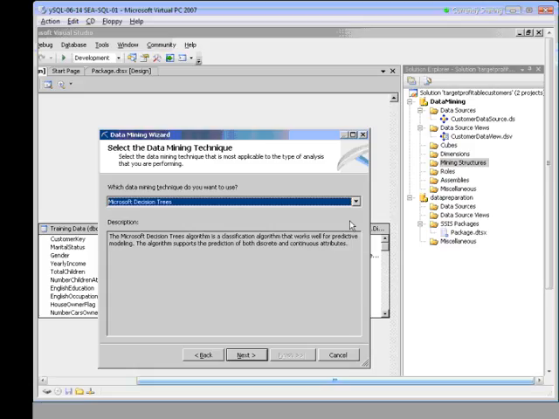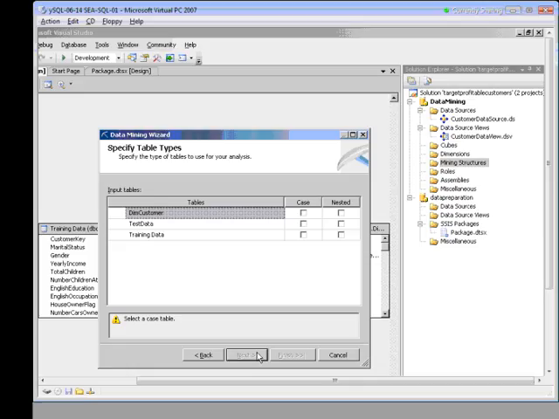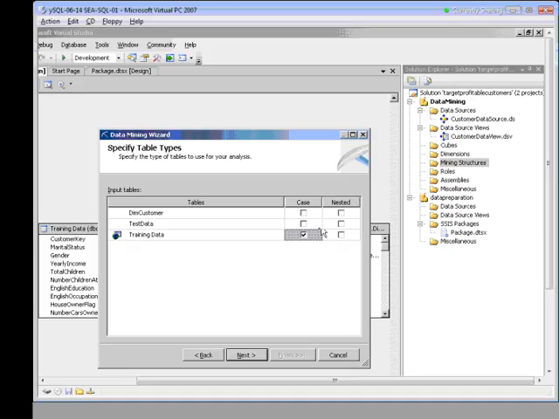All right, so leave decision trees there and select Next. Next we need to define where our cases are coming from. Since we have a training data, we'll use that to train the model. Therefore, the cases are coming from the training data table. So here I want to make sure that I get everything, my custom data view. That looks good. And I want to go from training data. This will be my case checkbox. So notice I do that case, or I could do nested. So training data is where we're pulling the information from.